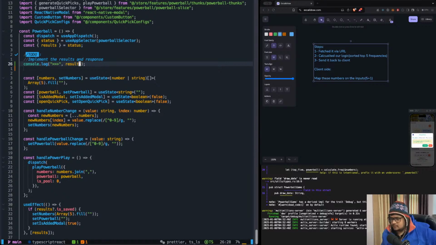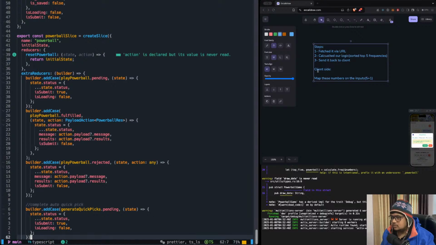Okay, is error, is pending, is saved. We need to have three variables here. Let's go inside this Powerball selector. So we have